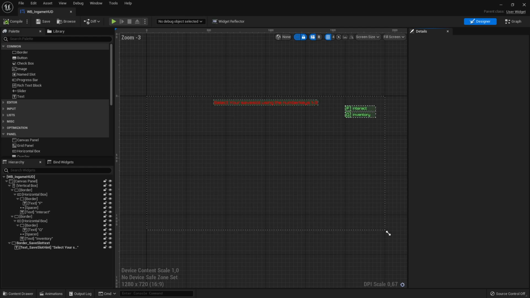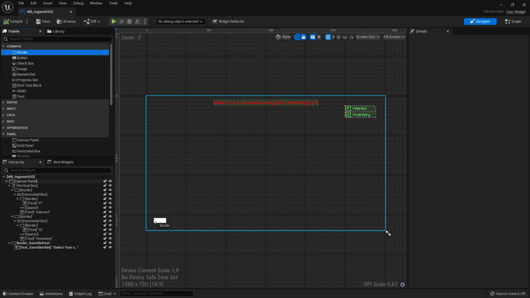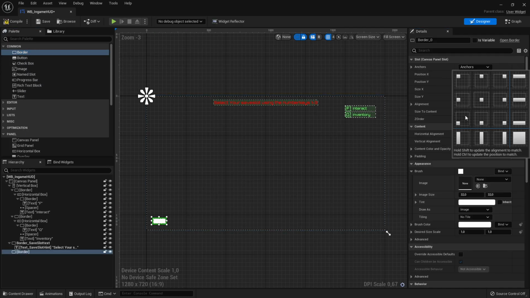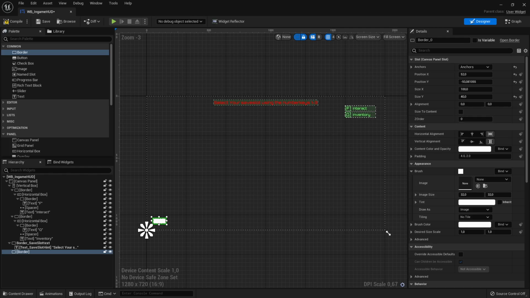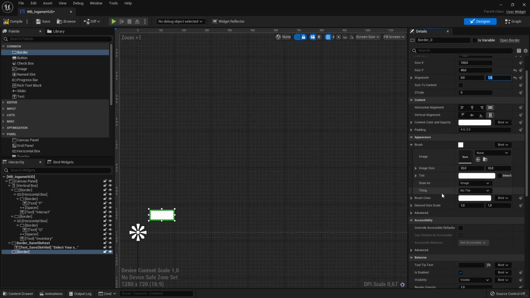So let's open the in-game HUD, and let's simply add it over here. So first of all, let's grab a border. I'm going to put it at the bottom left over here. So anchors bottom left. Grab my cheat sheet quickly. So I'm going to set the alignment to 55 and then -55. And then I'm going to use size to content, so we don't need it for the alignment over here. The second one, I'm going to set it to 1. Now let's change the brush color. So over here,